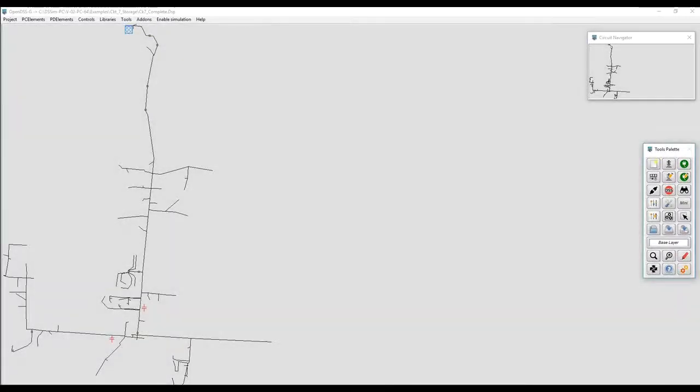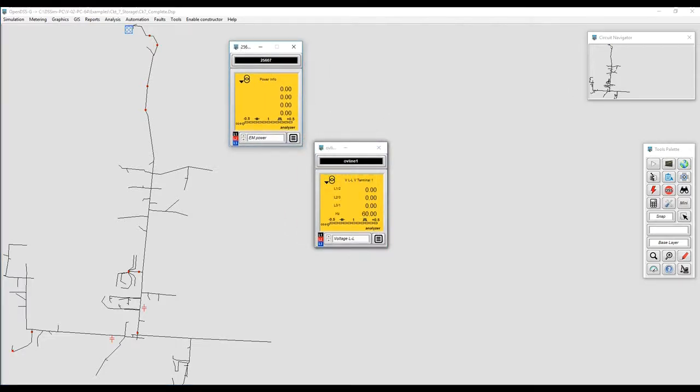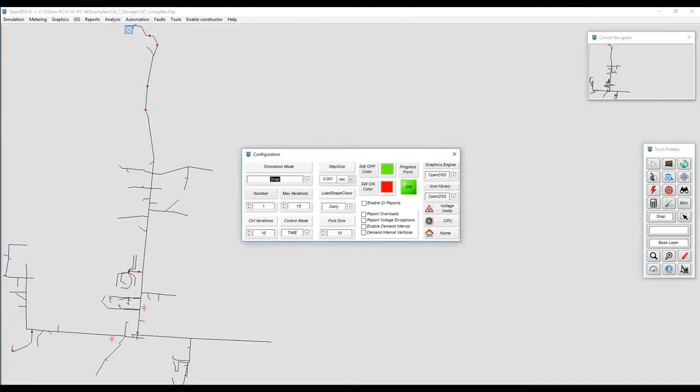In DSS-G we have different plots. Those plots normally depend on a single element, which is the energy meter. Some other plots can be generated with monitors. The energy meter is a special element that normally is placed at the feeder head and, well, at the head of different zones depending on what you want to do. But it's special because it allows you to register several variables and quantities that are critical for or are related to